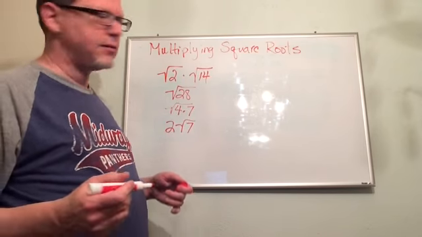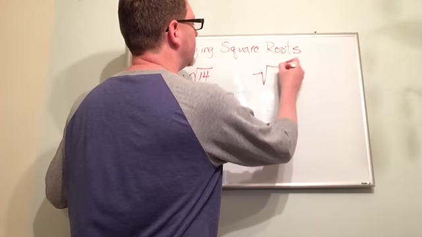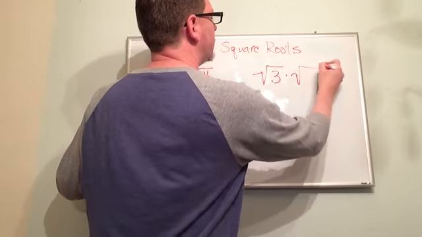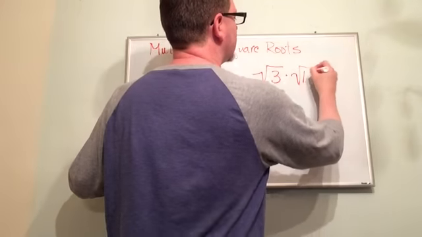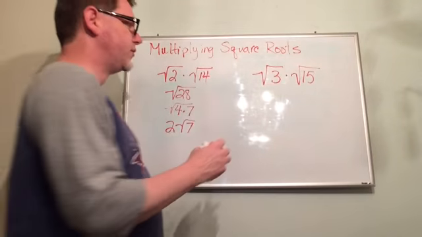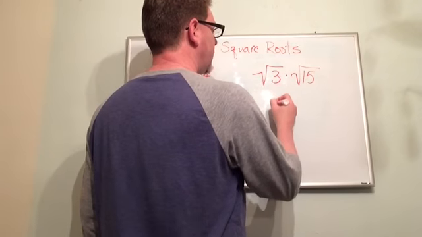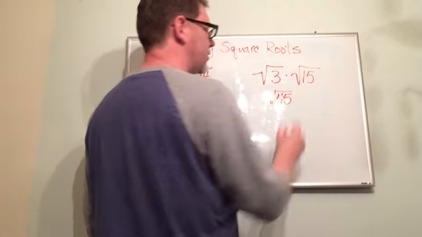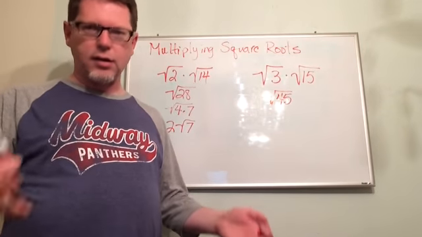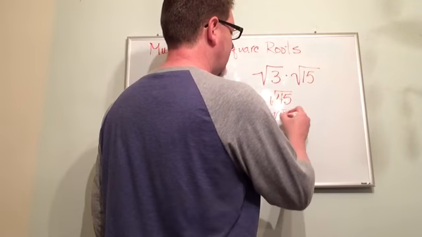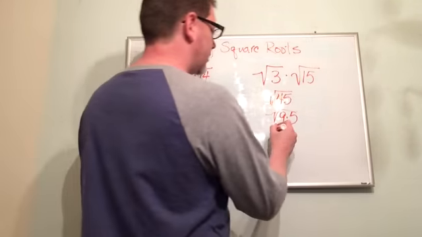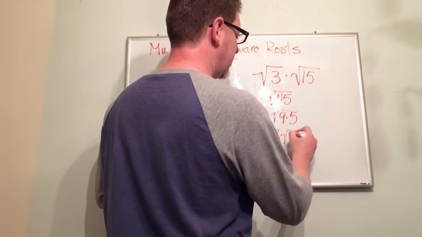Let's say we have something like the square root of 3 times the square root of 15. Okay? So we have the square root of 3 times the square root of 15. I know that 3 times 15 is 45, so we've got the square root of 45. Now, are there any perfect square factors of 45? Yes, there are. They are the square root of 9 times 5. And we know that the square root of 9 is 3,